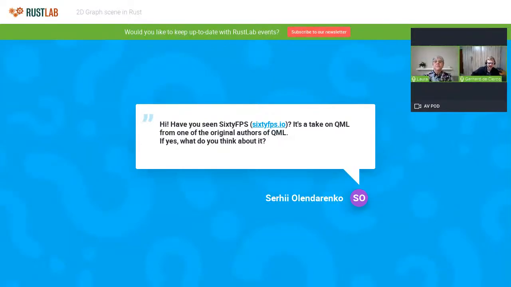Yes, I have actually seen it. It is quite interesting. It's not 100% focused on Rust, as this is, because they try to target both Rust, C++, and JavaScript, if I remember correctly, with their own language, which I think they call .60, which is similar to QML.